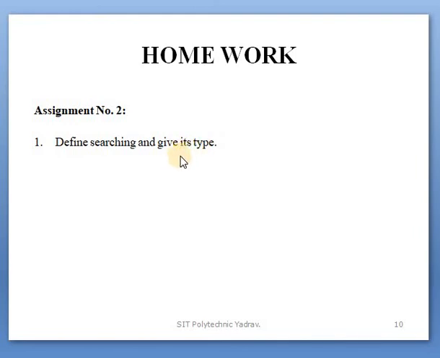There are two types, linear search and binary search. This is the start of the second assignment, and only one question is given for today's lecture.